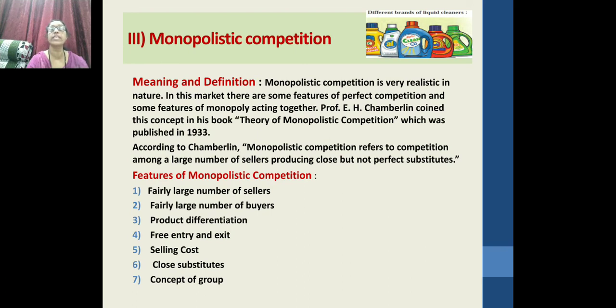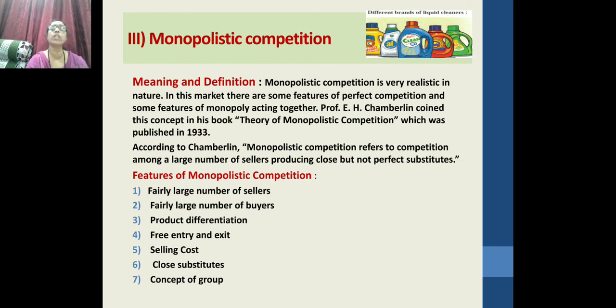Free entry and exit. There is no problem of entry and exit in the monopolistic market. Selling cost. Selling costs are the peculiar characteristic of monopolistic competition. What does selling cost mean? It refers to the cost incurred by the firm to create more demand for its product and thus increase the volume of sales. It includes expenditure on advertisement,